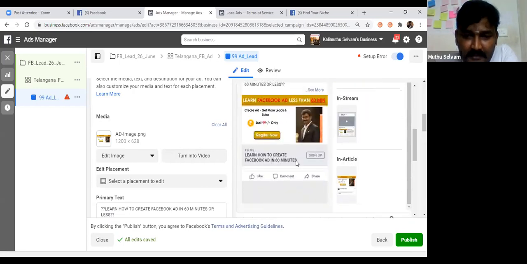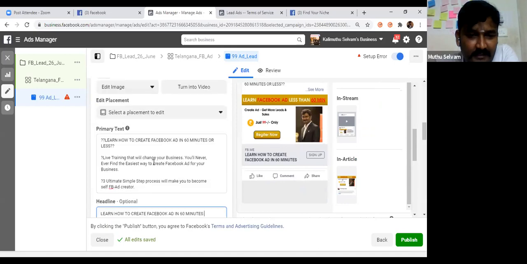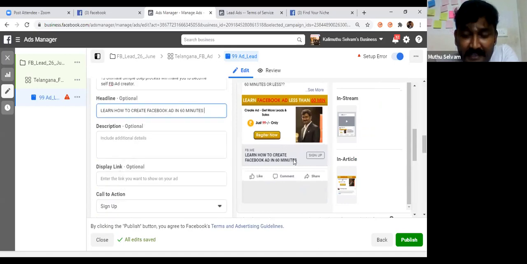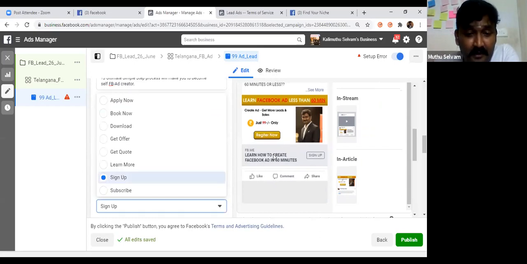At the bottom, you see this, guys. It will come in the bottom here. The headline is a must. Make it in the right, appropriate words, because people will take action based on the headline. Call to action: what kind of action do they need to take?